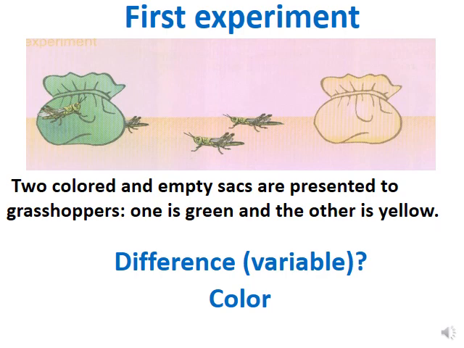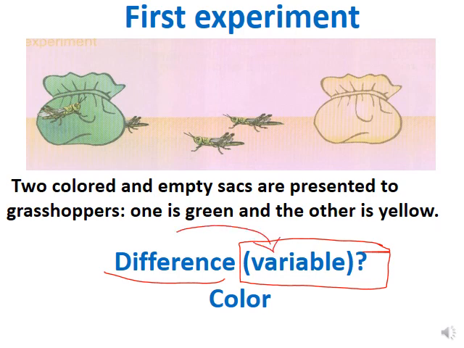study new terms. Let's identify new terms in biology this year. Instead of saying the difference, from now on we're going to replace it in biology with another word. This word is called variable. So variable is another word related to the difference. In biology, mostly we're going to use the word variable. Sometimes we're going to use difference, but mostly variable. So from now on, if you see the word variable, it means the difference.